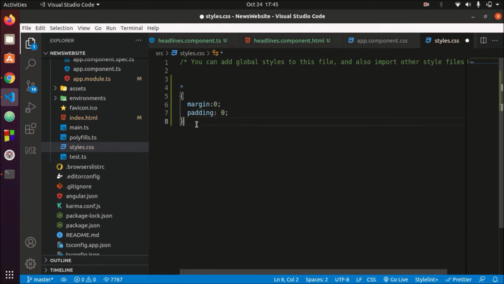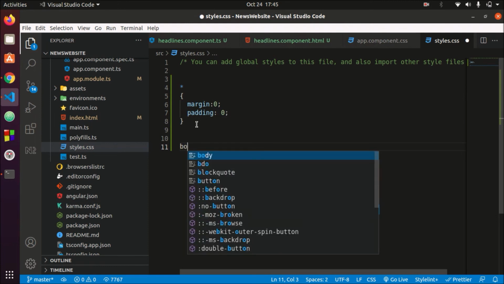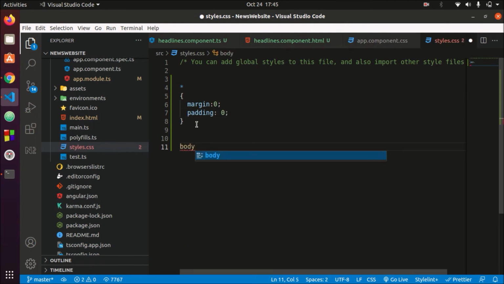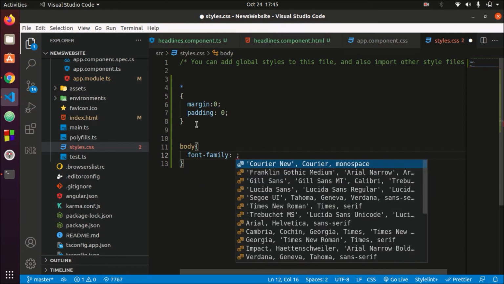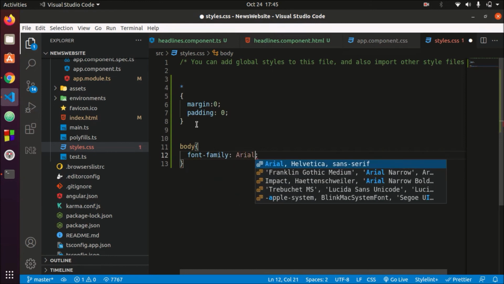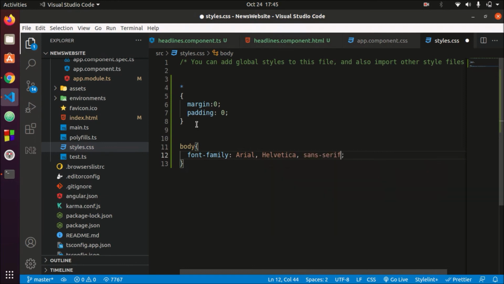After that I want the text to be more good, so I am using a font family which is Arial. If Arial is available, then it will show Arial, then it will show Helvetica, and then it will show sans-serif.